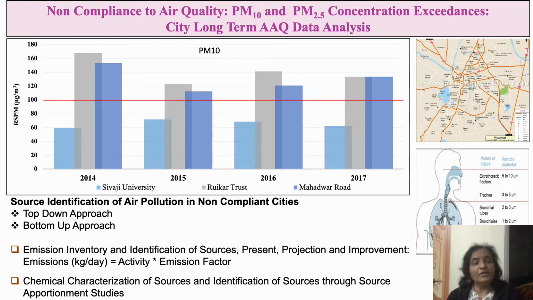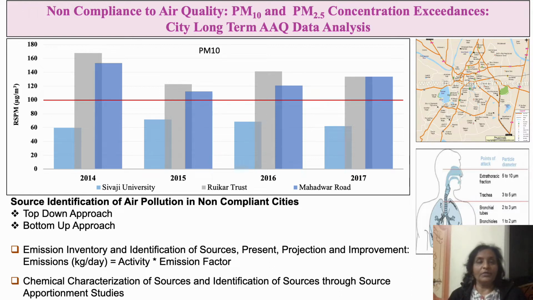Similarly, if we see the long-term air quality data for PM2.5, if it is exceeding 60 microgram per meter cube, that is the CPCB standard, then we can say that it is exceeding, it is the non-compliance towards PM2.5. So these are the various aspects for estimating the non-compliance. Doing this study,